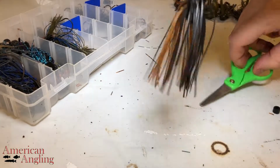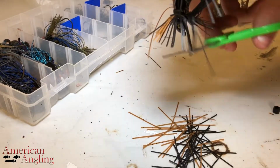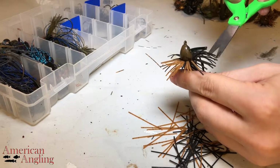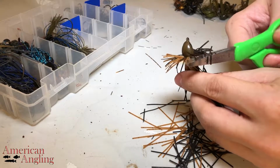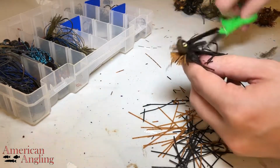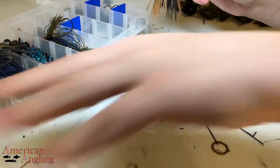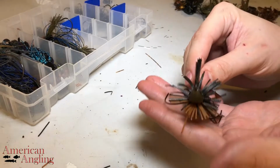Once that's done, a little cut. It's very puffy, so we can thin this down a little bit more. All right, so I'm liking this. All right, so what I'm going to do now, get these out of the way. So now that is trimmed,